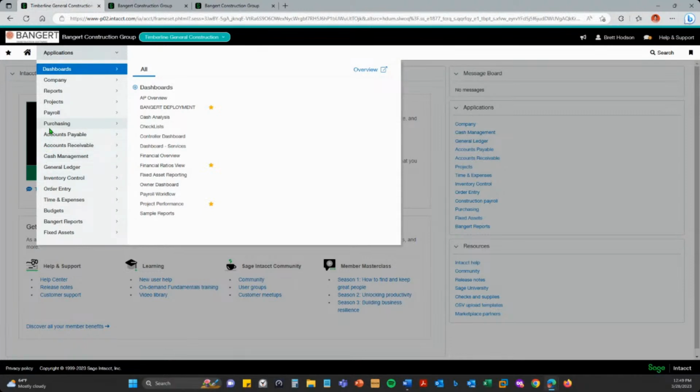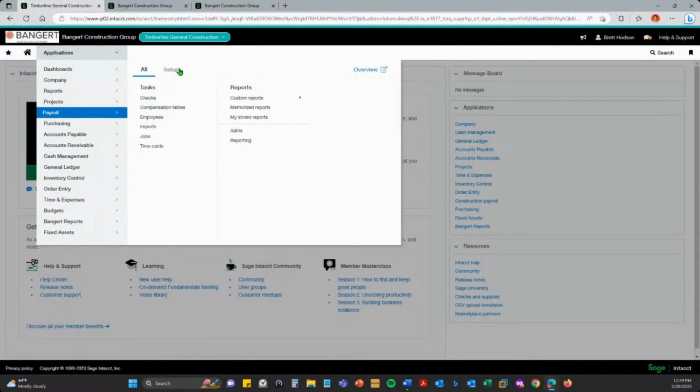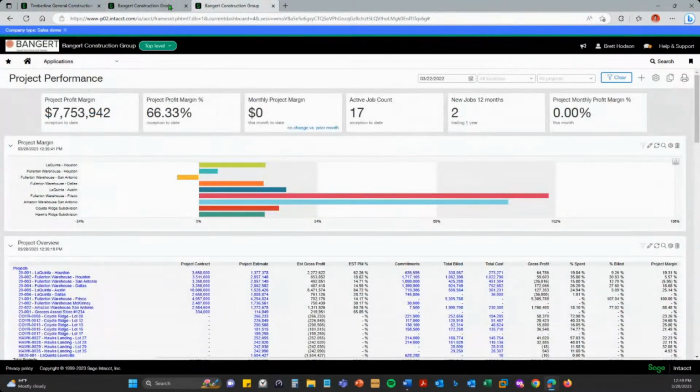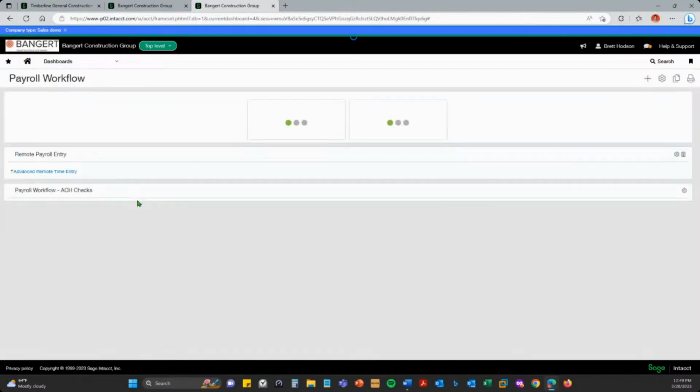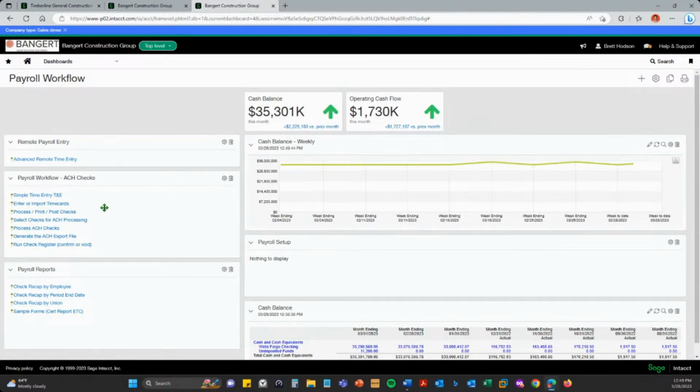So for those of you that have a construction payroll, we have a purpose-built construction payroll here. And again, what's nice about the setup of the system is that you can use a dashboard to drive your overall processing. So, instead of just having the tasks that you have in a menu, I can look here and see, well, how are we doing for cash, along with those workflow checklists that I have over here.